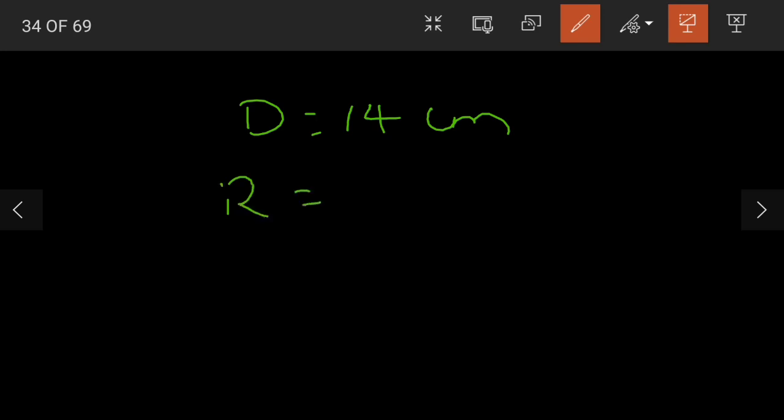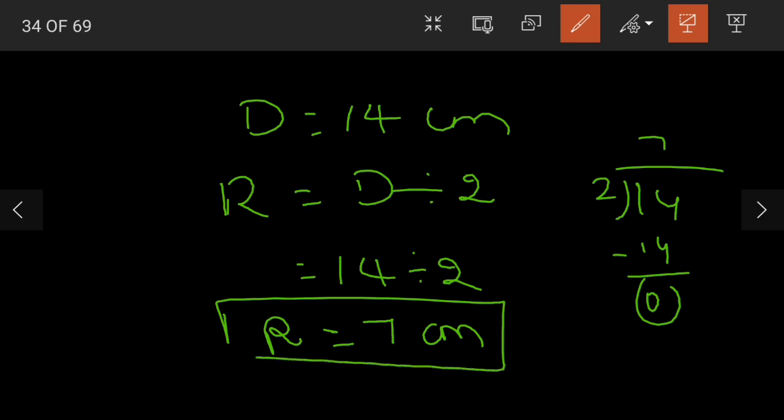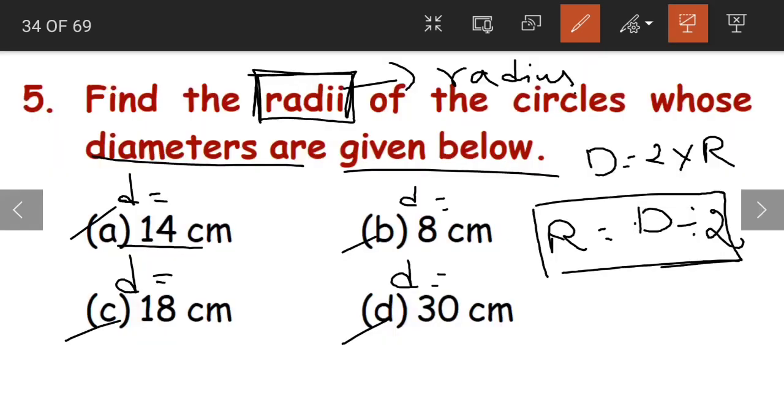We know that radius is equal to diameter divided by 2, that is equal to 14 divided by 2. When we divide 14 by 2, 2 7s are 14. When we subtract, 0 becomes our remainder. So when we divide 14 by 2, the answer radius becomes 7 centimeters. Is this clear, children? So for the first question, when diameter is equal to 14 centimeters, then the radius is